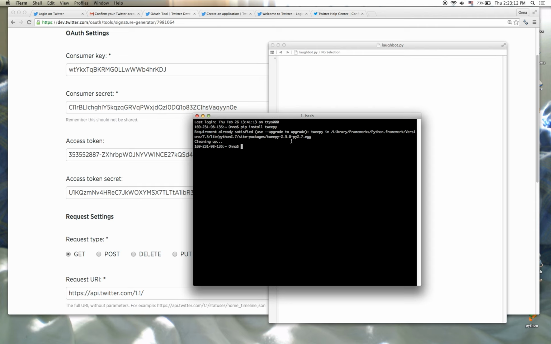If I were to install a package that I hadn't installed, it would come up with a bunch of things about downloading and installing. So if you guys have a terminal or a similar application to the terminal, then you can do that. If you don't know how to install packages